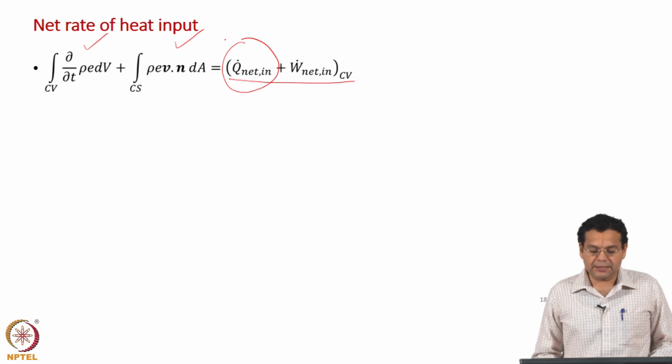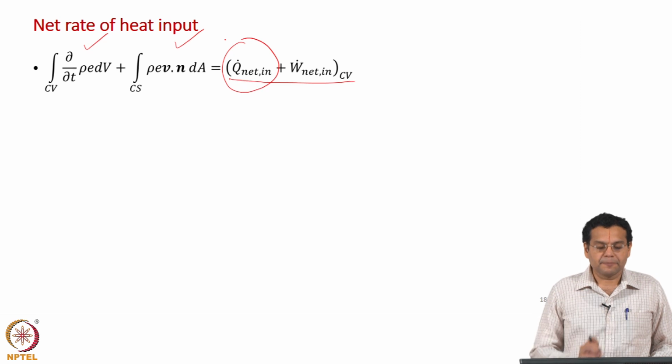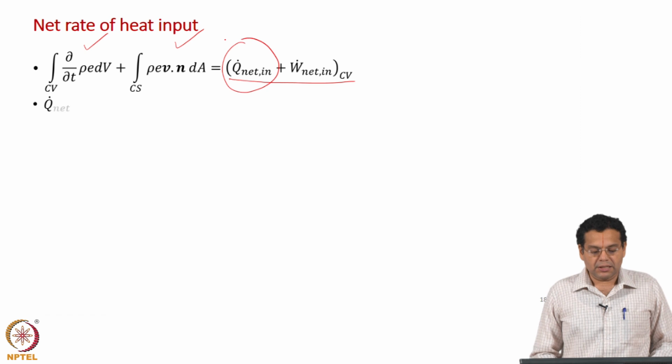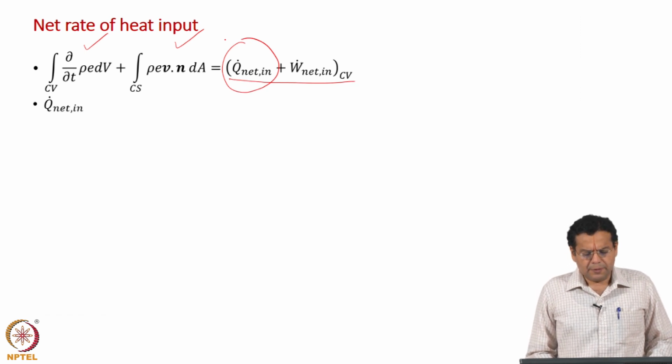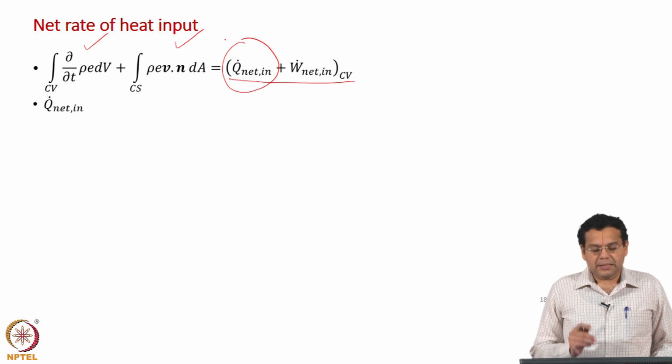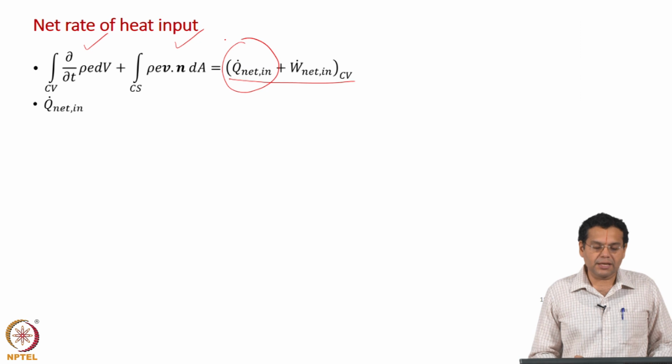How do we express that Q dot net in, which represents net rate of heat input for the small control volume. Okay. Now, we know that there are 3 modes of heat transfer: conduction, convection and radiation. Let us discuss what we include here and what we exclude here. Okay. In fact, first we discuss the exclusion, so that we can include whatever is required. Okay. First,